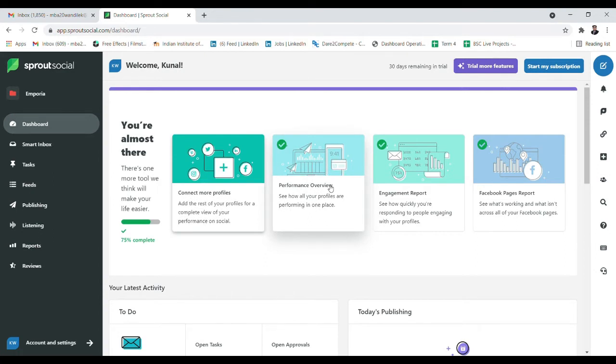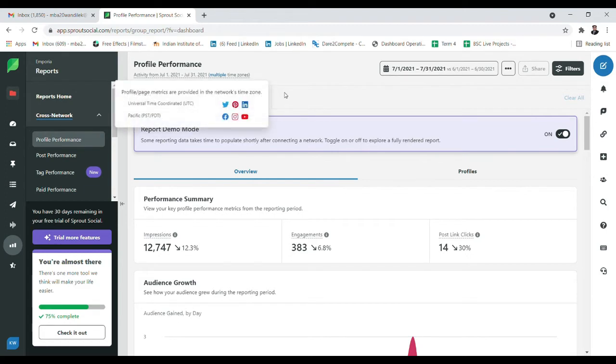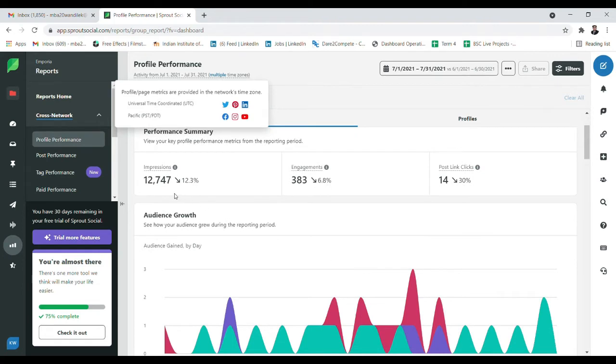Then comes the performance overview. If you click on this performance overview, you can see there is a lot of things here. Basically, this gives you the overall profile performance of all the pages that are connected to it. It will give you the report of impressions, engagement, post link clicks.